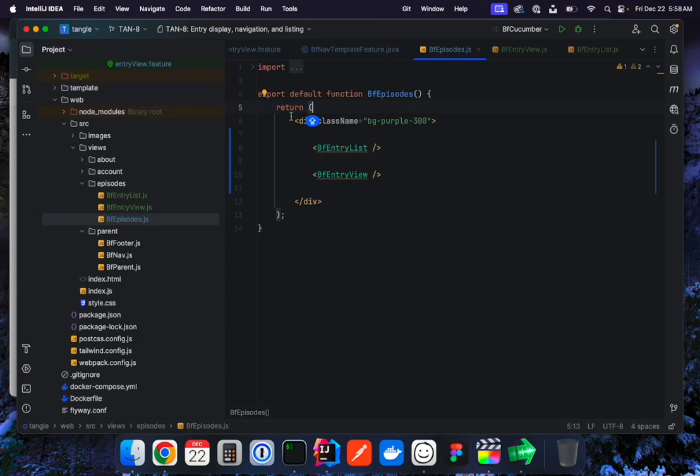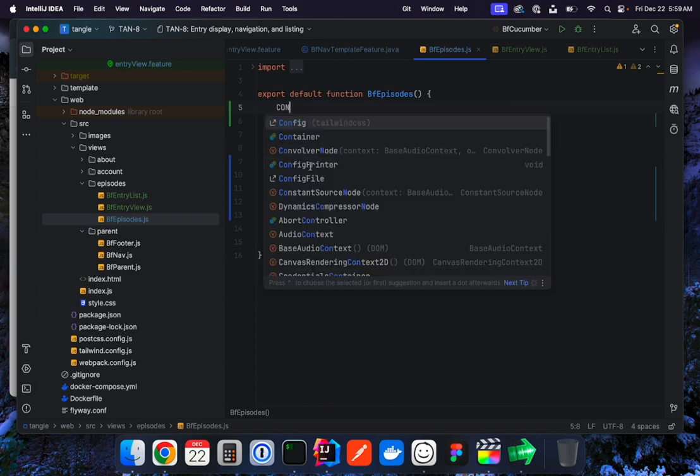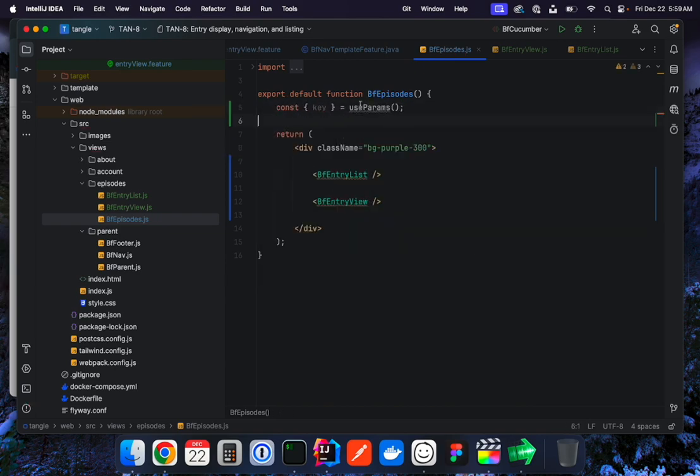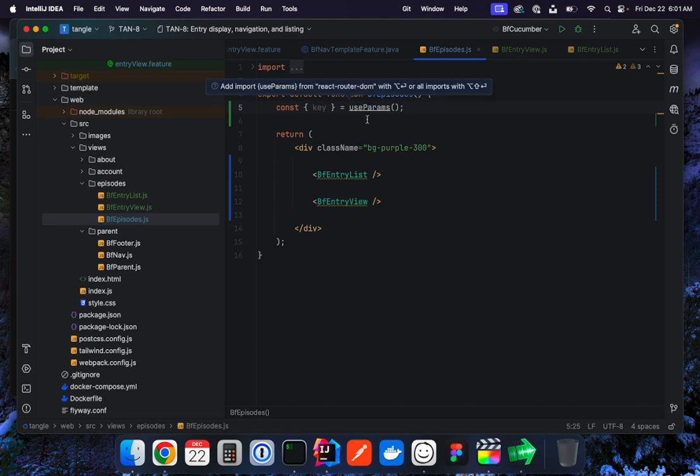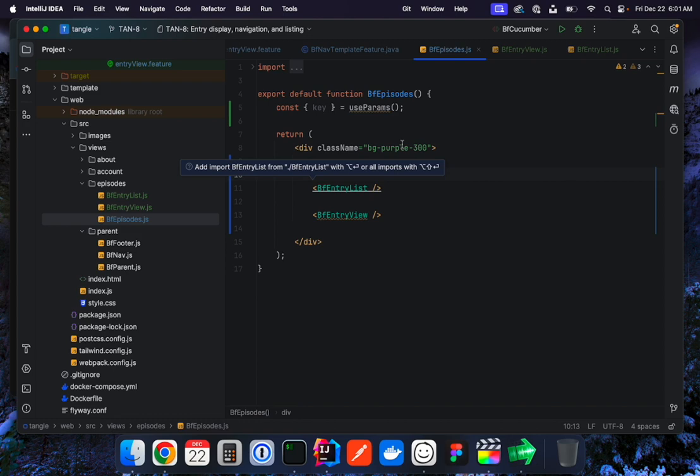So before the return, you can put all of the special processing stuff for React here. The format for useParams is, this might look a little bit magical, just to explain. This is what's called a hook, and it's used by React Router. And basically this brings back a list of parameters. And so we're just going to take one, there should only be one, and we're going to give it the name of key. So down here, I can simply do